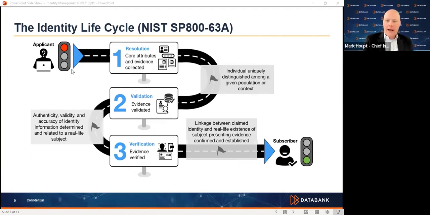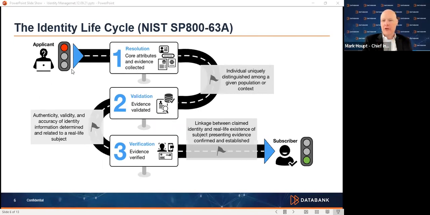First of all, you have an applicant. Let's say you have an applicant for your job, or maybe you already have someone who is in your organization who is changing roles, or perhaps someone's presenting to you that they have some new credential or new access that they need on a system. So that is your applicant. They're applying for additional or new security, new access control to your system.